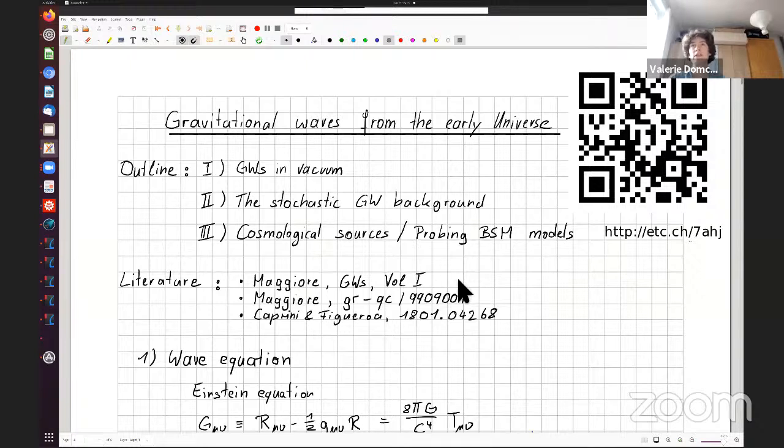But this all boils down to doing the gauge fixing in a proper way. For example, this transverse traceless gauge, which I use today and which I will use in most of the lectures, and which most people actually use all the time, is really a gauge which only works in vacuum. So it's actually not a gauge that you can really use when talking about detectors. But people do it anyway, and most of the time it's fine.